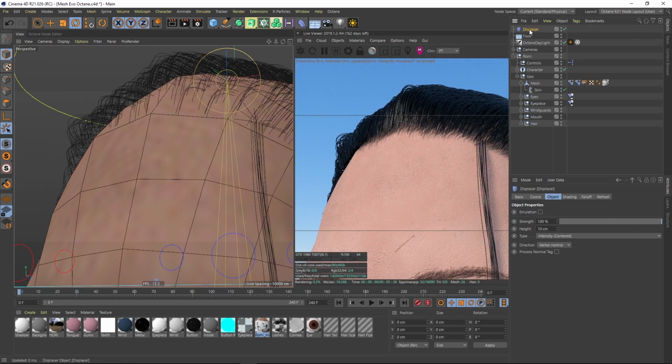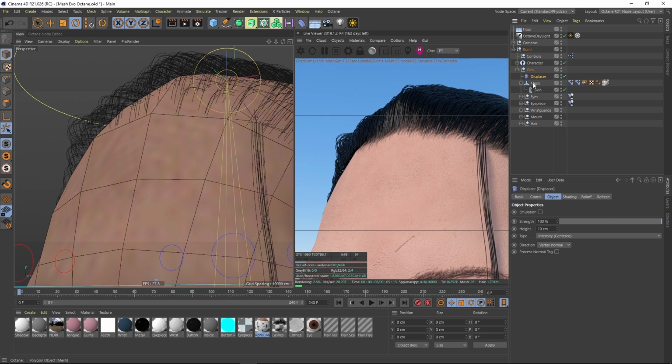I think you're probably catching on what we're about to do right now. We're going to go ahead and grab our displacement deformer and pull it in right next to our mesh. We're not going to put our mesh under the displacement deformer because remember, we also need to subdivide this mesh. We can't just displace the low poly because we also have to have more polygons for that detail to show